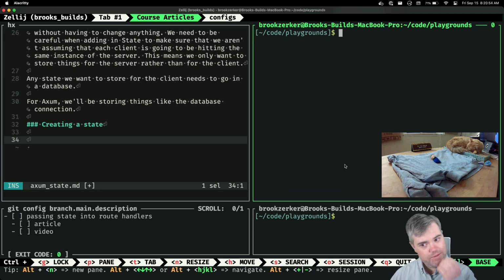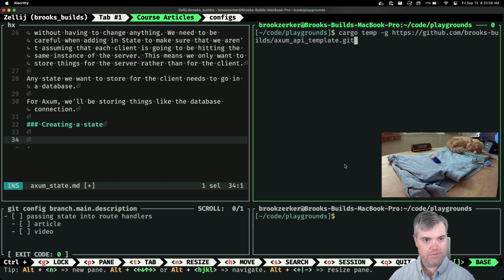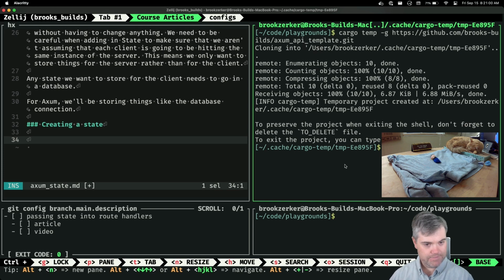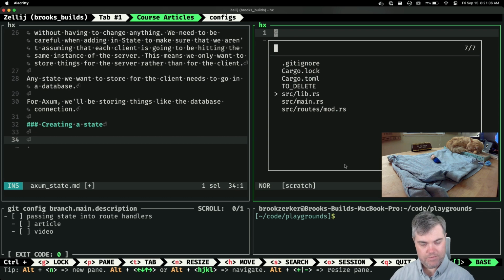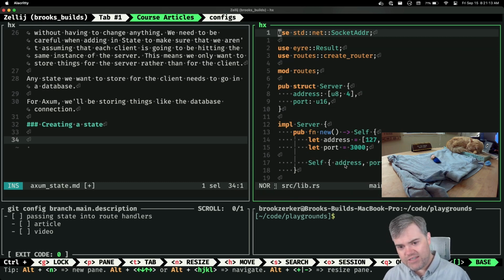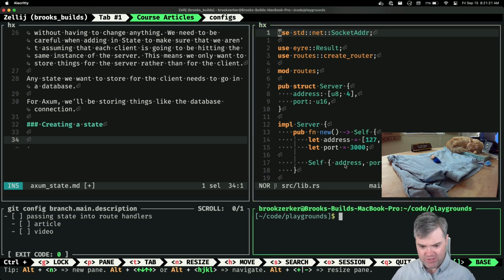And so we're going to be playing around with state type stuff. So where do I want to put state? I can throw it into lib, because there's not really much special stuff where it goes.